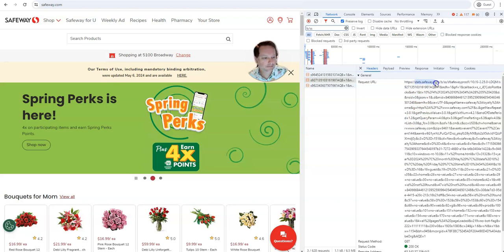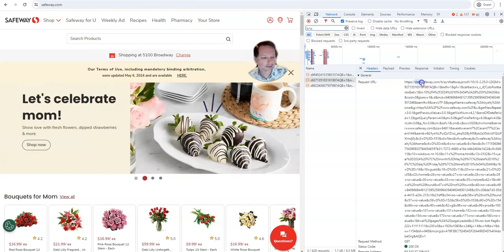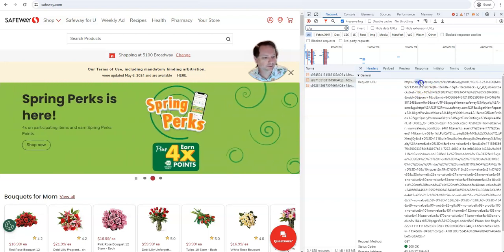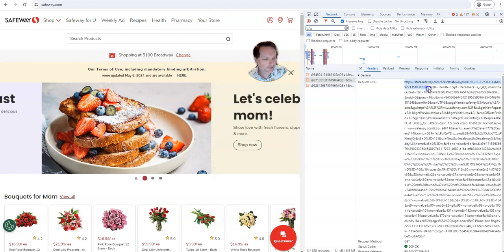In this case, this company is actually using a first-party collection method. This request is actually on the back end getting redirected. That's probably not perfect terminology, but getting redirected to Adobe. So this is not actually being stored by Safeway. It just looks like it. So you'll accept the request when you're visiting their site. But it's a request for